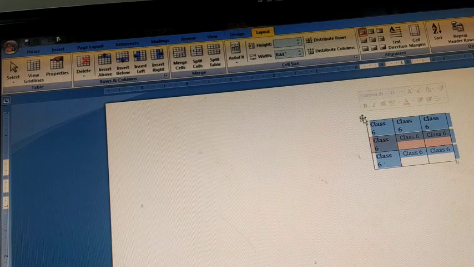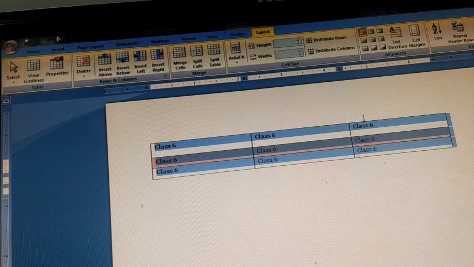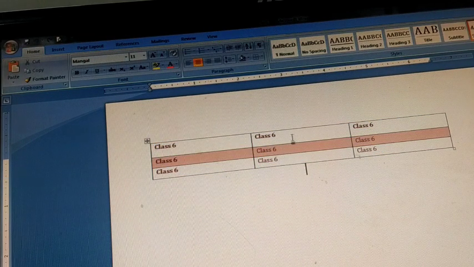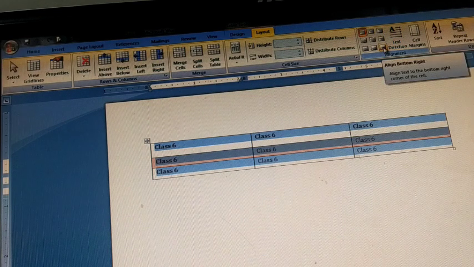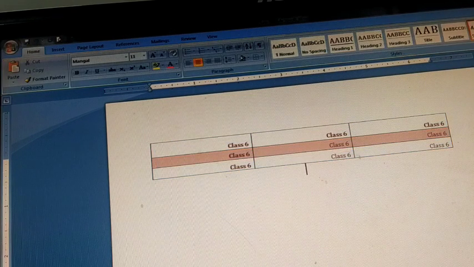To align the text, we are positioning the text. Now the text in all the cells here are aligned towards the left hand side. So if I select it and I am going to change the direction, I want bottom right. You can see in the right hand side, children, my cursor, I have selected bottom right. And after selecting bottom right, all the text are towards the bottom right of the cell in the table. Now this is how we are aligning our text and aligning our table in the page.